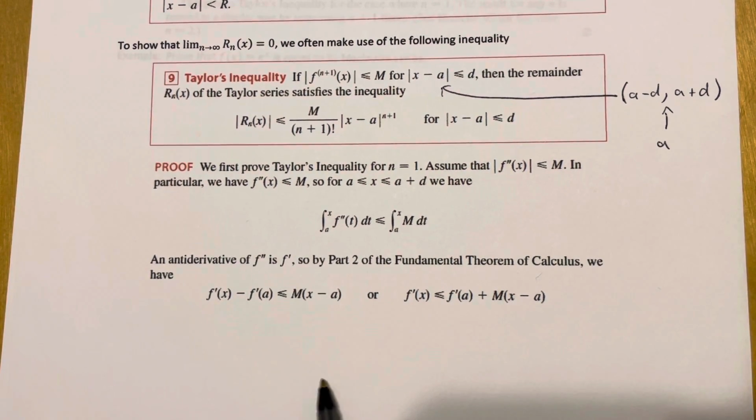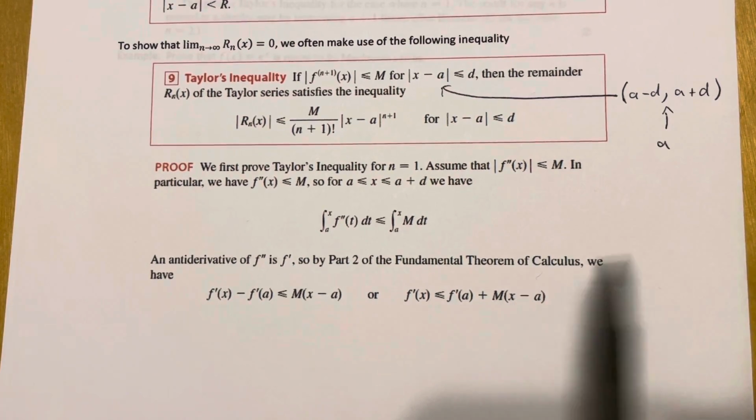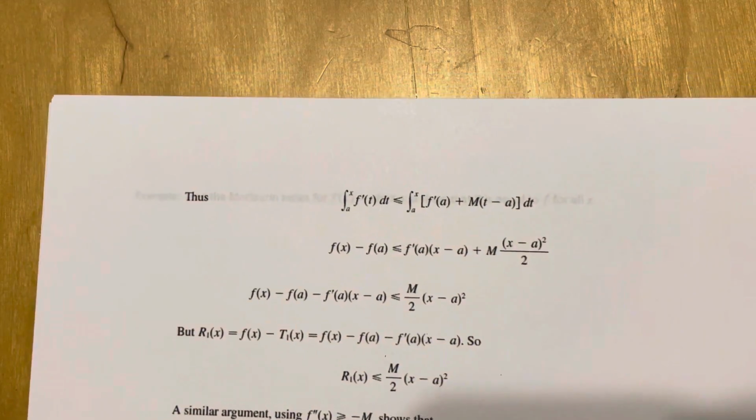still have that inequality here. I can add that f prime of a over to the right-hand side and get this. F prime of x is less than or equal to f prime of a plus capital M times (x minus a). Okay, now what I'm going to do